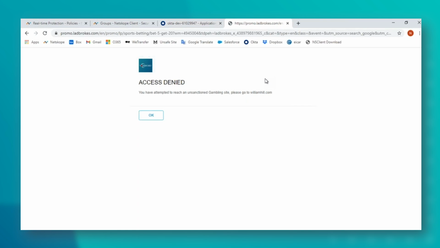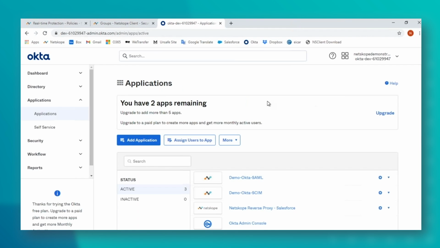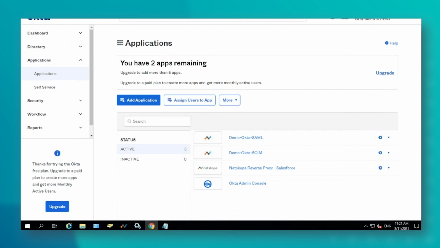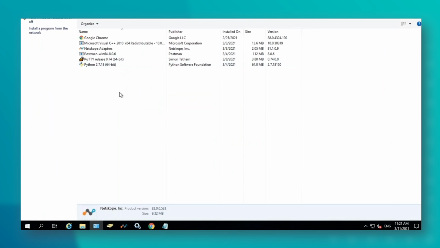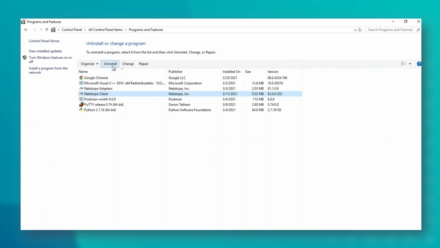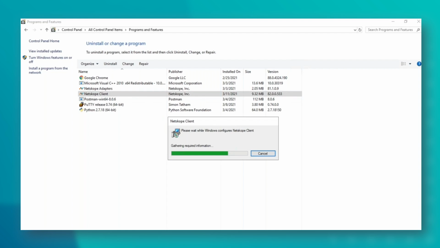I'm going to quickly get rid of this IDP client because one of the future demonstrations I'm going to do needs the Windows one. So let me just refresh this. Get rid of this. And we'll pop the Windows one back in the AD side of things. Well, while that's doing that, let's quickly jump back.